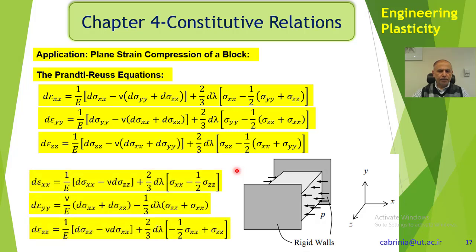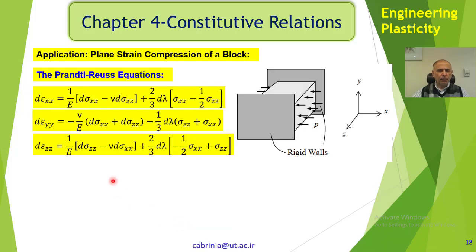And we have here epsilon xx is equal to 1 over E [d sigma xx minus mu d sigma zz], because sigma yy is 0, and similarly here sigma yy is 0. So we just substitute for these values, and we get